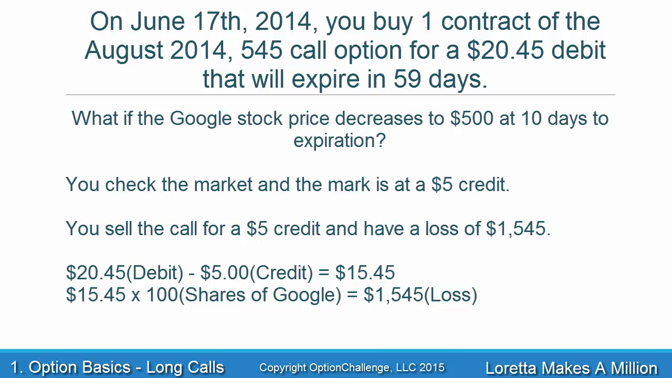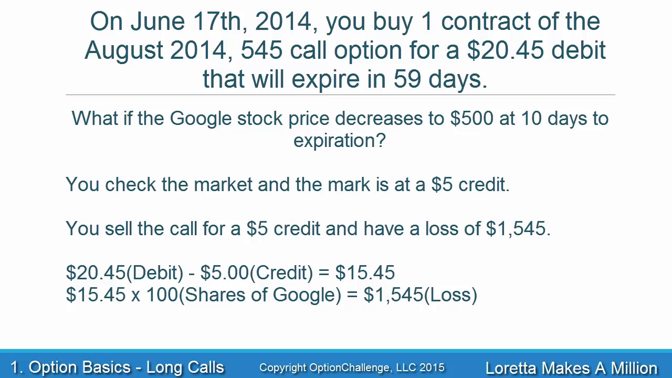Question: what if the Google stock price decreases to $500 at 10 days to expiration? You check the market and the mark is at a $5 credit. You sell the call for a $5 credit. You have a loss of $1,545. Here is how the loss is derived. You subtract the $5 credit you received for selling the call from the $20.45 debit you paid to buy the call, which would equal